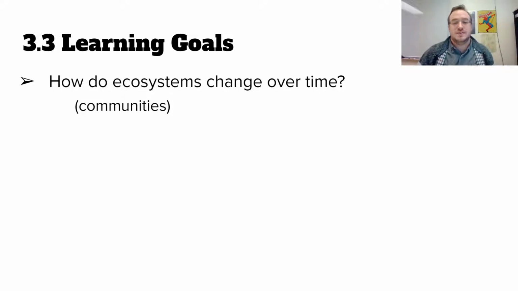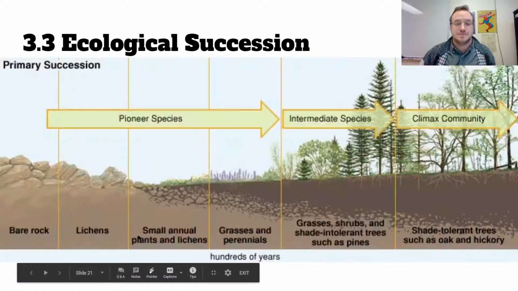Hello everybody, this is the environmental science content video for Unit 3, Section 3. We're going to talk about how ecosystems change over time, and we're specifically going to be looking at the communities of species that live there. And so that means not just plants and animals, but also bacteria and fungi and all the things we don't really think about. We will also be talking about rocks versus dirt and a few other things. So let's go ahead and get started.